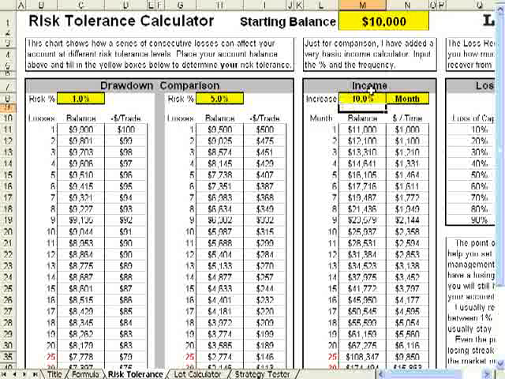Now let's look at an income calculator. Now this simply goes and says, if you were to make 10% per month, what would that be? Well, we just count out the months. The first month you'd turn 10,000 into 11,000, and after 10 months